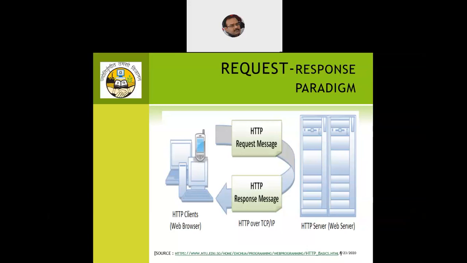Now, who will control the show here? It's all the server. If the server is heavily overloaded, if the performance of the server is deteriorating, or if the client is bombarding the server with bogus requests, the server has full right to terminate the request. So the server is the controlling authority, the deciding authority, and the server will manage the show here. We'll see this gradually as we move into the subject.